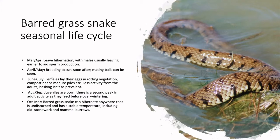And then in June or July, the female will lay her eggs in a suitable location. And you tend to see far less activity in the summer months. So June, July, and August, you will see them, but you won't see them as easily because they just don't need to bask as often. Now the juveniles are born towards the end of summer, and then as autumn approaches, you get the second peak in activity